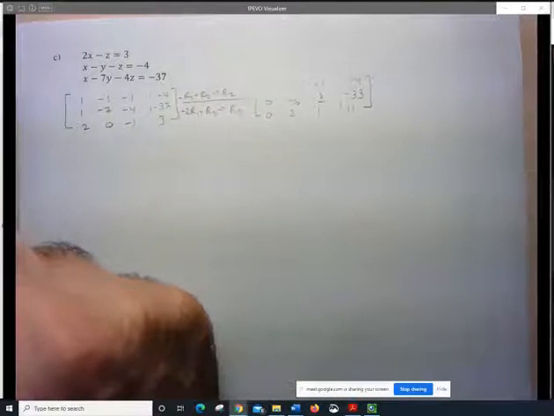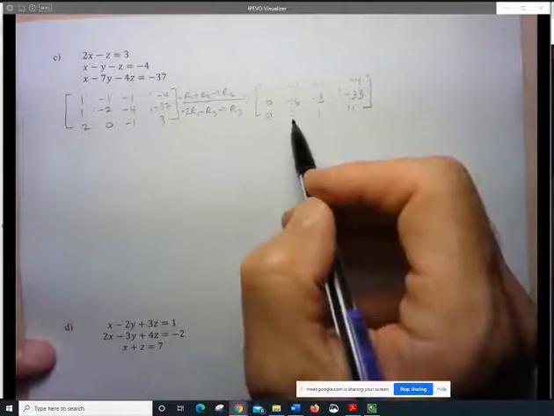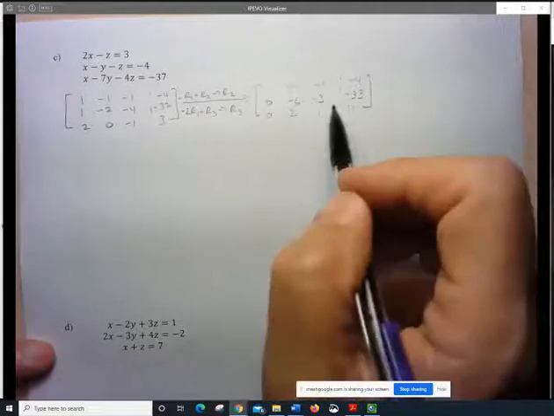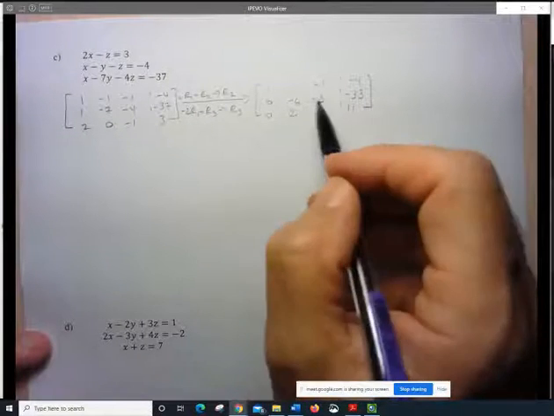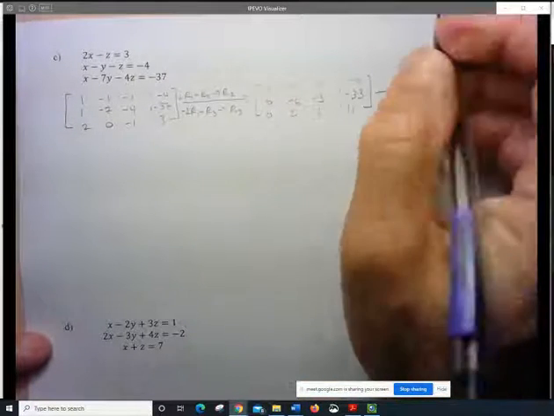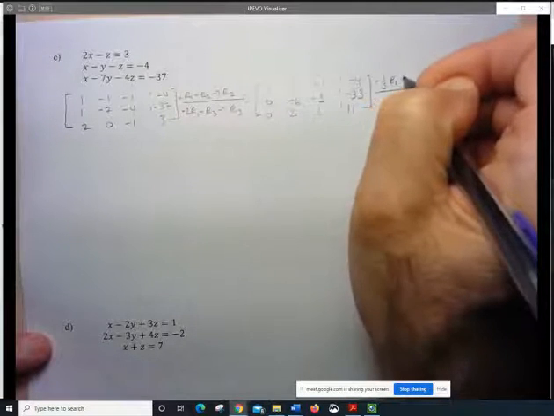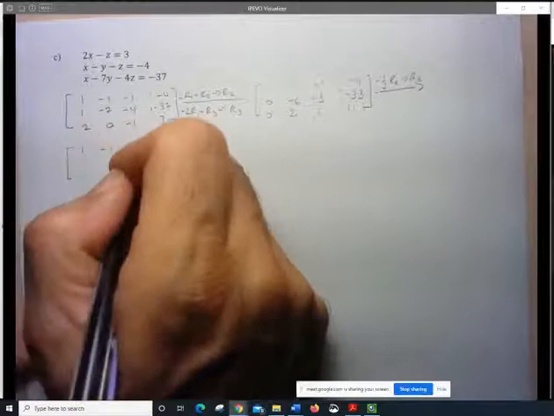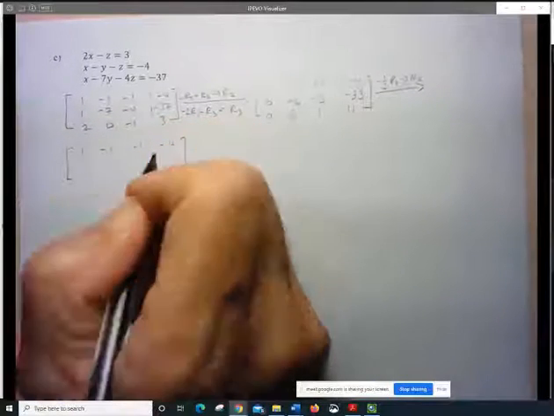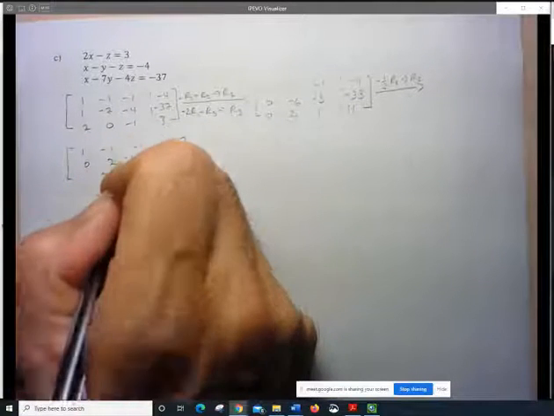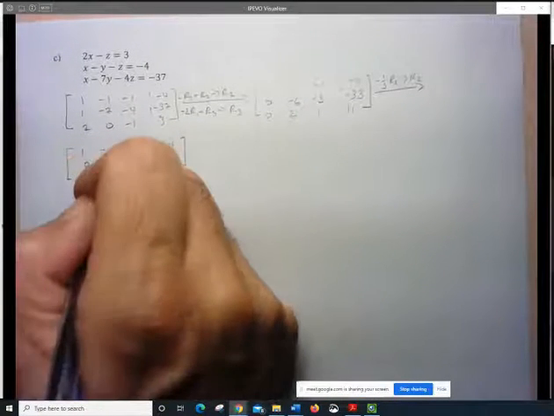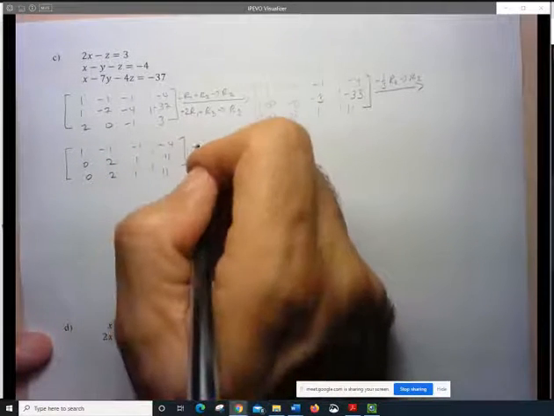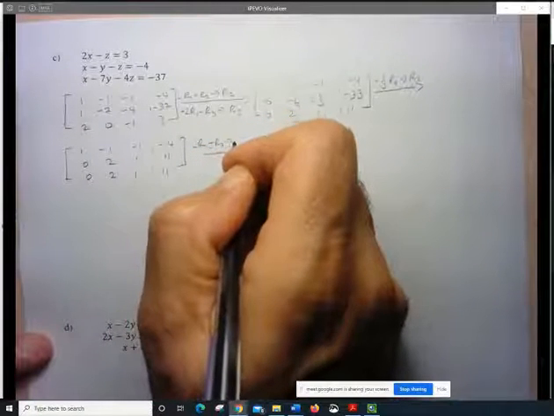Okay. Now, I notice I'd like to get rid of this 2 here, so it'd be really nice to simplify this if we can. Okay, so I see I can divide by -3. So I'll do -1/3 R2 into R2. Okay, so here 1, -1, -1, -4. That's 0. That's going to be 2, 1, 11. Oh, this is looking very interesting because now when I do -R2 plus R3, which is going to replace R3,